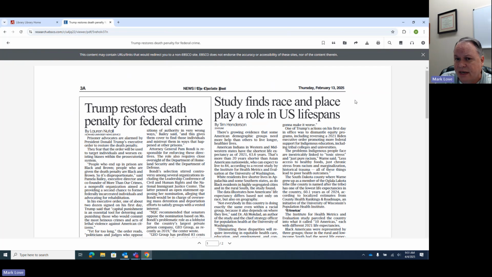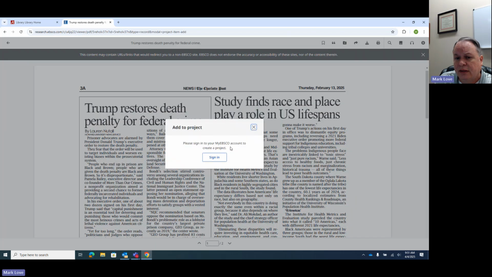This is a good way to save that without having to try to remember the search terms you used. So it's just a good way to do that. What you want to do is either download it here to your hard drive, or you can save it to a folder here. I would suggest creating a My EBSCO account here, because each time you use the database,